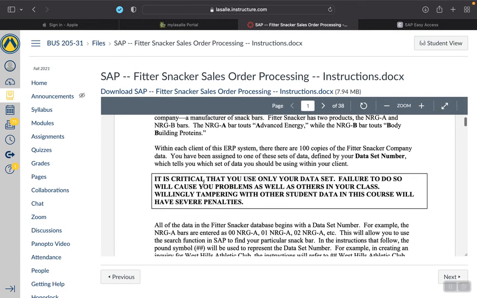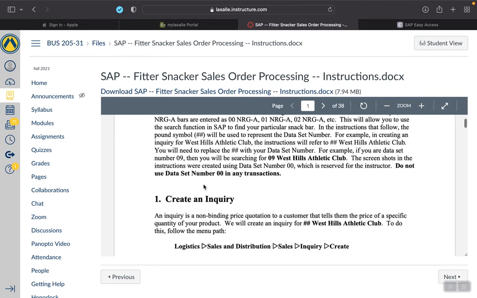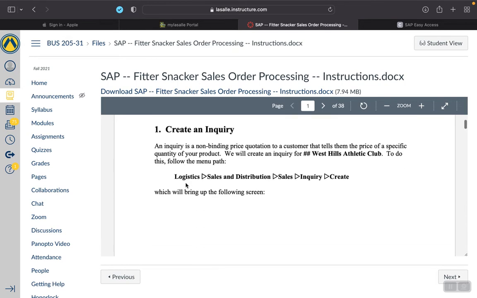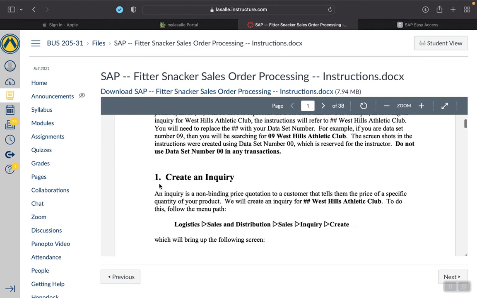So this actually walks us through, as I said, it's pretty detailed. That's why it's a bit long. All right, so our first step, we're going to walk through this whole process. That gives you screenshots and everything. So we say an inquiry is a non-binding price quotation to a customer that tells a price of a specific